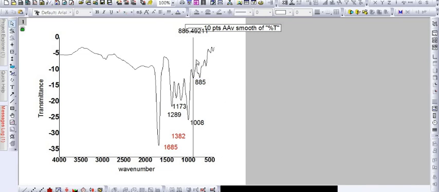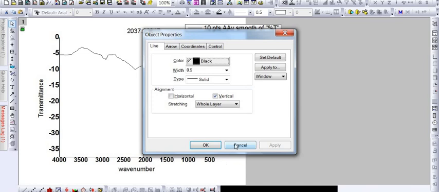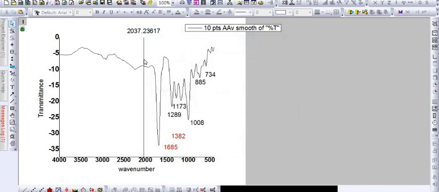So this is how you can add the values. It gives the exact value. Just simply drag the line on the desired peak. 734. And once you are done with it, just click the line and delete. So you can easily change the color of the peak numbers,